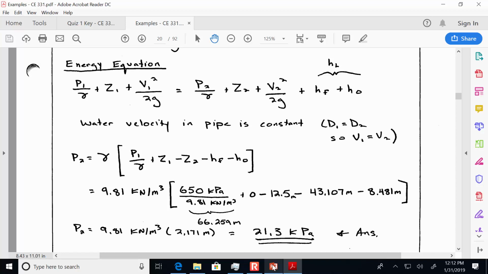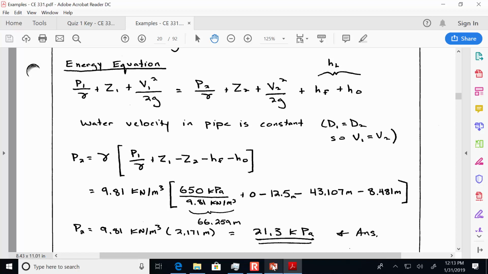So I rewrite it in terms of the pressure at 2, just rearrange things algebraically. And so we've got the pressure head at 1, and I just like to do things in more steps than is necessary so I can see if I've made a mistake and to get a sense of where the energy is and what's taking it out. That's why I do these intermediate steps. It's good for preventing errors, but also it tells you that at location A,